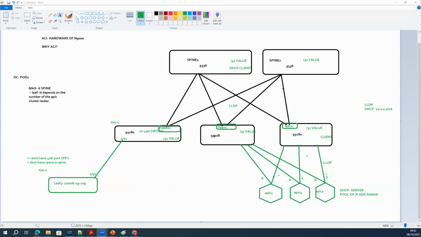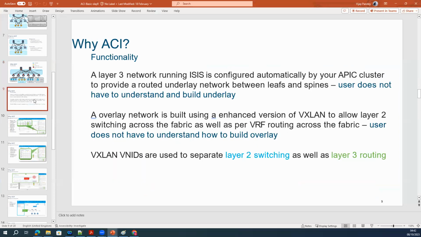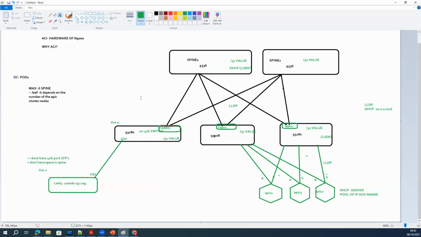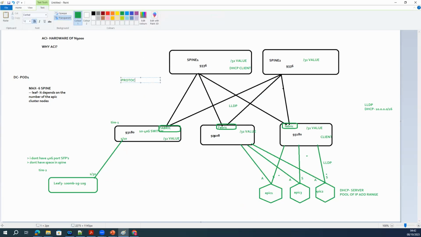Now, if you talk about what functionality APIC adds into the fabric, the first thing is a layer 3 network runs. So by default, we talk about the fabric. In between, what protocols run here? VXLAN as an overlay.